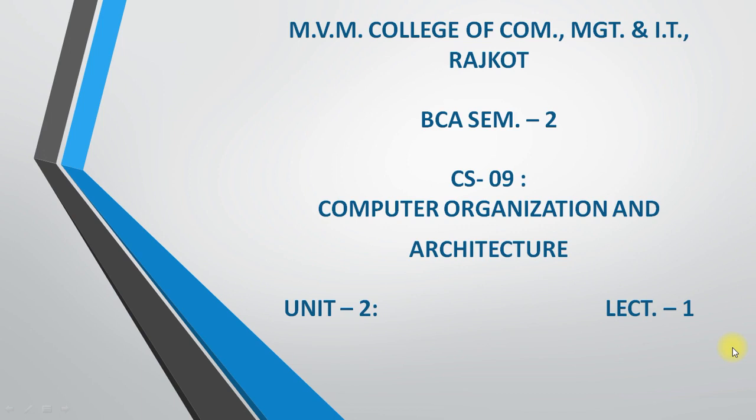Now let us begin with today's session, which is based on our subject, computer organization and architecture. In the previous session we completed unit number 1, in which we learned the topic digital logic circuit, which contains different types of logic gates and Boolean algebra. We have learned truth tables, postulates, different types of theorems. We have learned K-map with don't care condition.